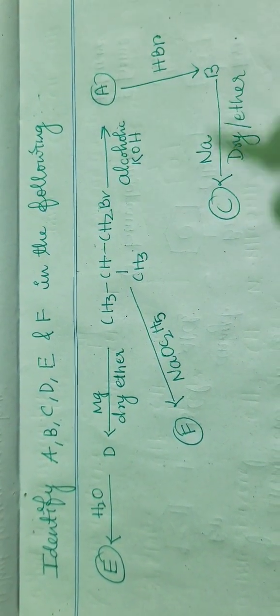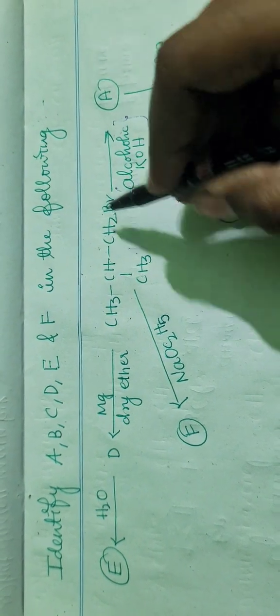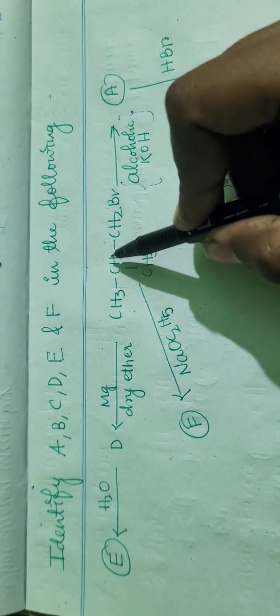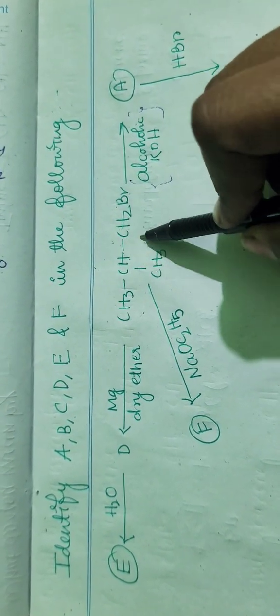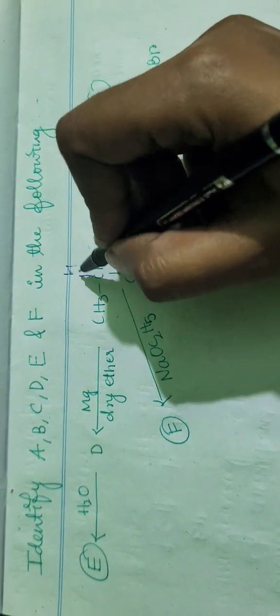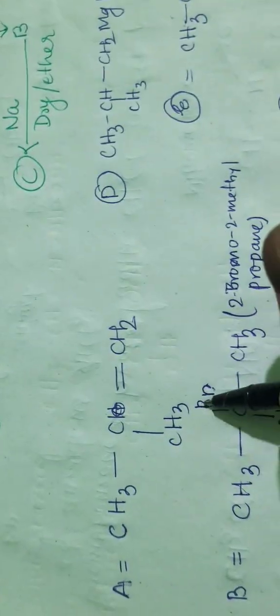in the presence of alcoholic KOH, A is formed. That means आपको थोड़ा याद होना चाहिए, अगर ये अल्कोहलिक है तो यहाँ पे जो ये वाला हाइड्रोजन है, ये अल्फ़ा हाइड्रोजन जो होगा ये निकल जाएगा अलॉन्ग विद द ब्रोमीन, एंड यहाँ पे एक डबल बॉन्ड का फॉर्मेशन होगा. ठीक है, तो this will be due to the removal of this bond, and this bromine will be out, and the product you get is this one.